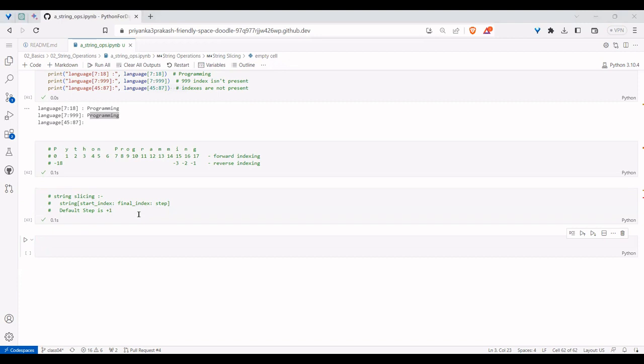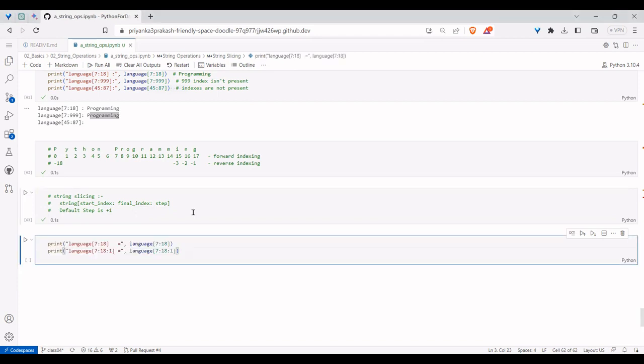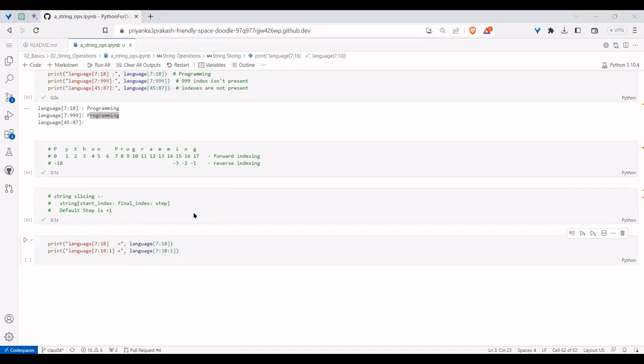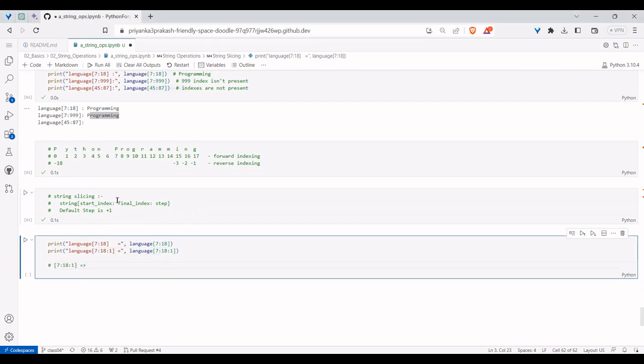So how it works, if I can make a difference, you will understand like this. If I give 7 to 18 or 7 to 18 with a step of 1, both are the same. And how it is computing this logic in the backend is simple math. As we know math, it's very easy for us to digest. First, if you give position indexes, it will generate indices from them. In the next step, if the values are there in those indices, it will give them. If not, it will give empty.